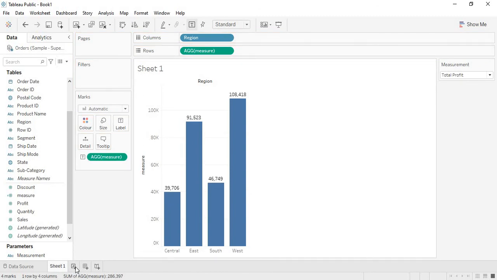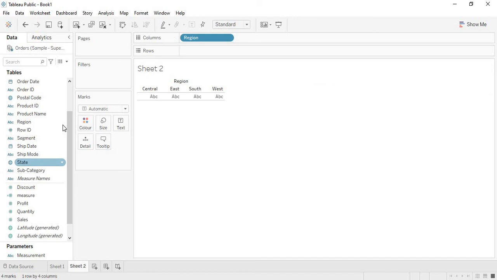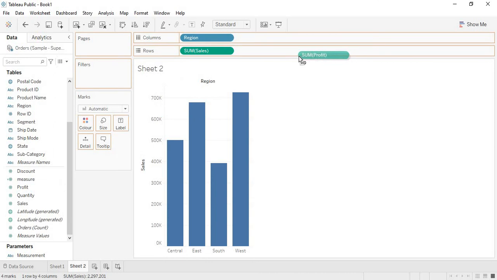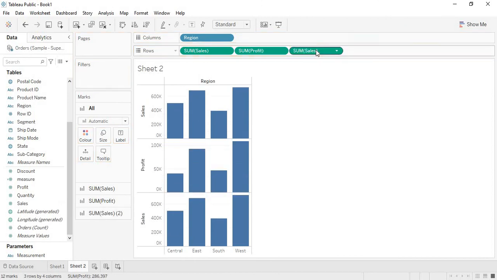And if I create a separate sheet for this, with the region in the rows, and in the columns the total sales, the total profit, and the total average sales.